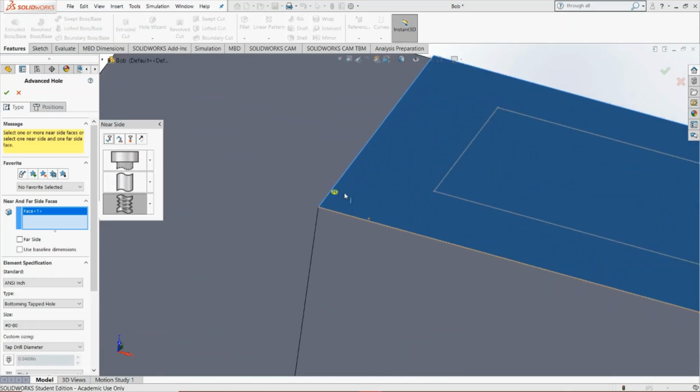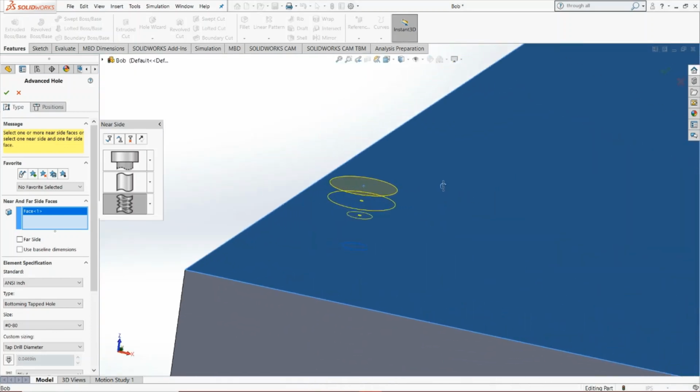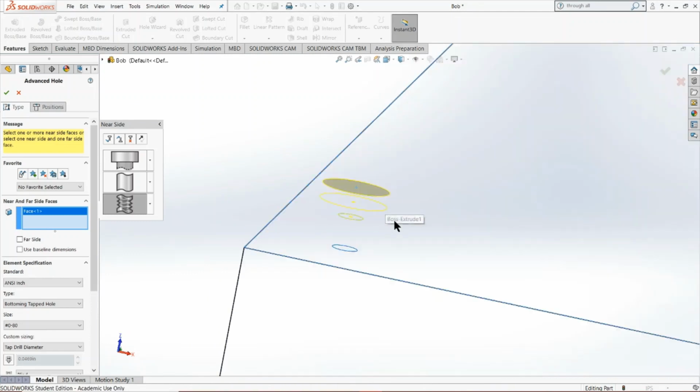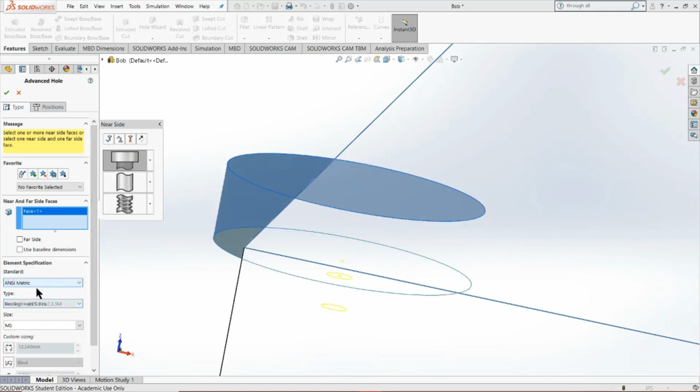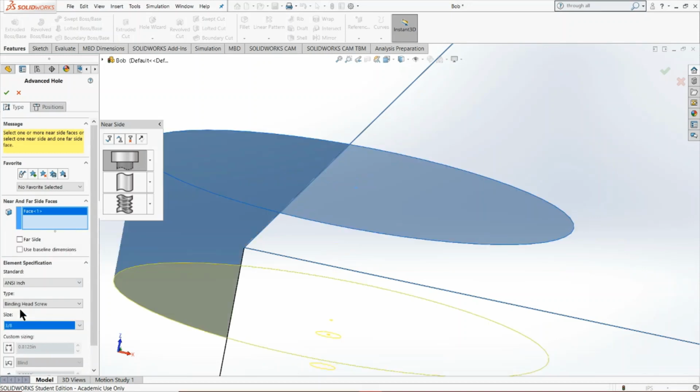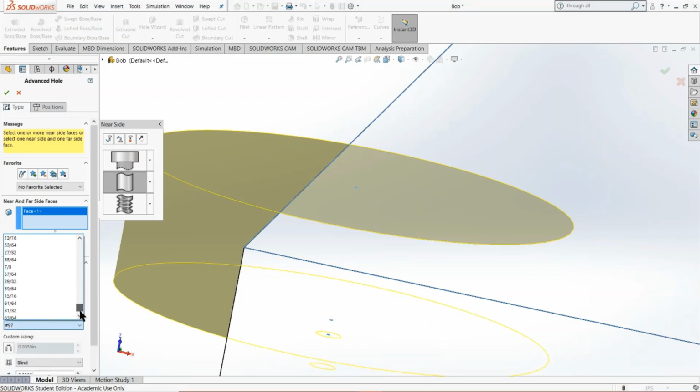So if we zoom in here, this is placed at an arbitrary location, which will change later on, but it already selected what we want. So if I click on the counter bore, it's got the counter bore selected. If I select on the unthreaded portion, it's got that selected, etc. And we can change these bit by bit. So what I'm going to do is, I'm going to click size and say we want this to be 3/8. Furthermore, you click on your next element, so that's our hole, and I'm going to make that a 1/4 inch. So we find 1/4,